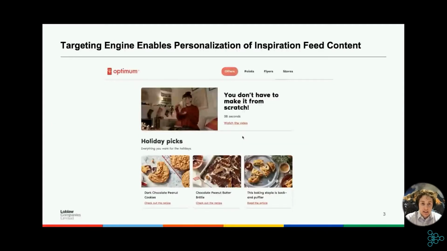One of the projects that we've worked on as a data science team to help personalization at LD is creating the targeting engine, which enables personalization of our inspirational feed content. This is a screenshot from the PC Optimum website, where at the top of your page when you log in, you'll see inspirational content.